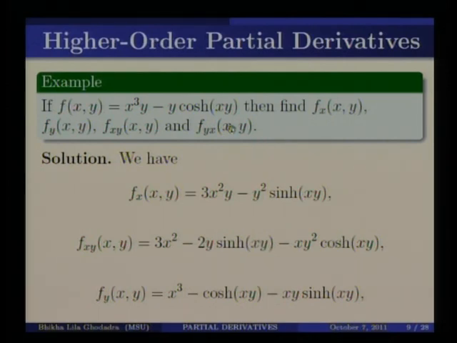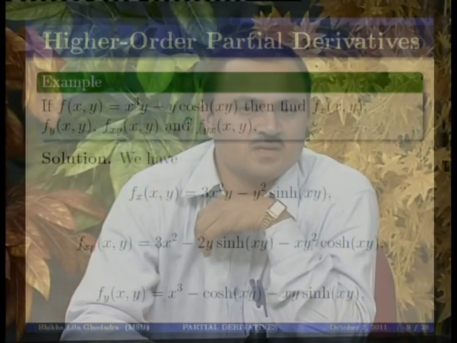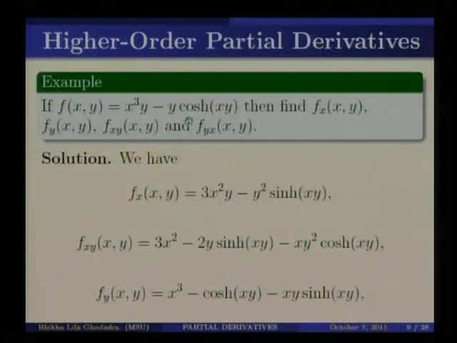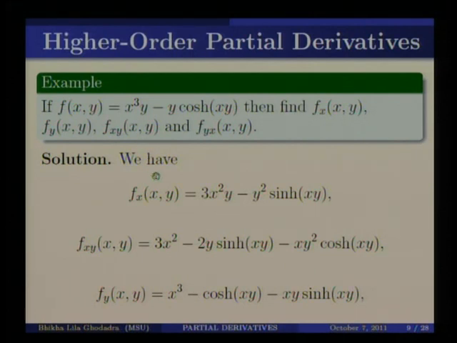So as Dr. Thomas told, when we take the partial derivative, for example with respect to x, then we take the ordinary derivative of the function by keeping y fixed. So if you look at this particular function, when we want fx at x y, we keep y fixed. So y is a constant, it remains as it is, and the derivative of x cube will be 3 into x squared. So the derivative of the first term here will be 3 x squared y.